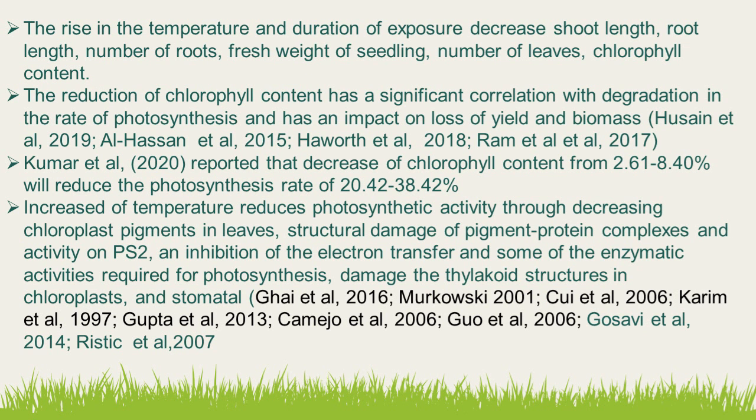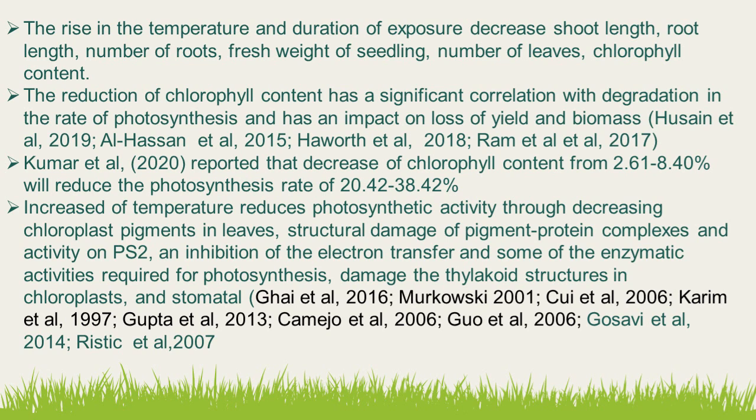Okay, as we explained above, the rise in temperature and duration of exposure decreased root length, number of roots, fresh weight of seedling, number of leaves, and chlorophyll content. The reduction of chlorophyll content has a significant correlation with degradation of the photosynthesis rate and has an impact on loss of yield and biomass. Kumar et al. reported that a decrease of chlorophyll content from 2.61 to 8.40%